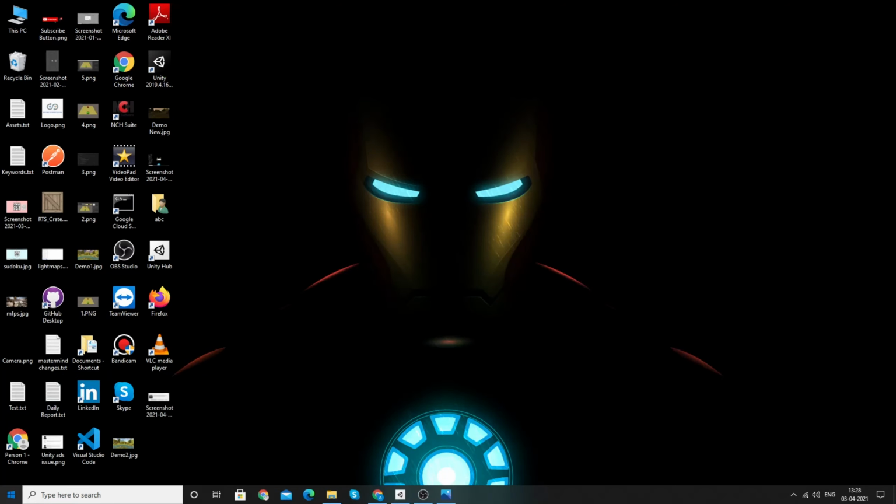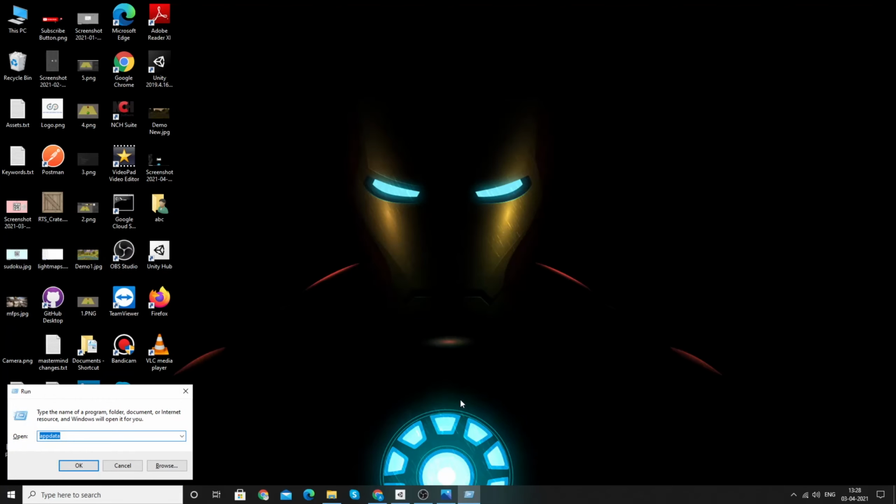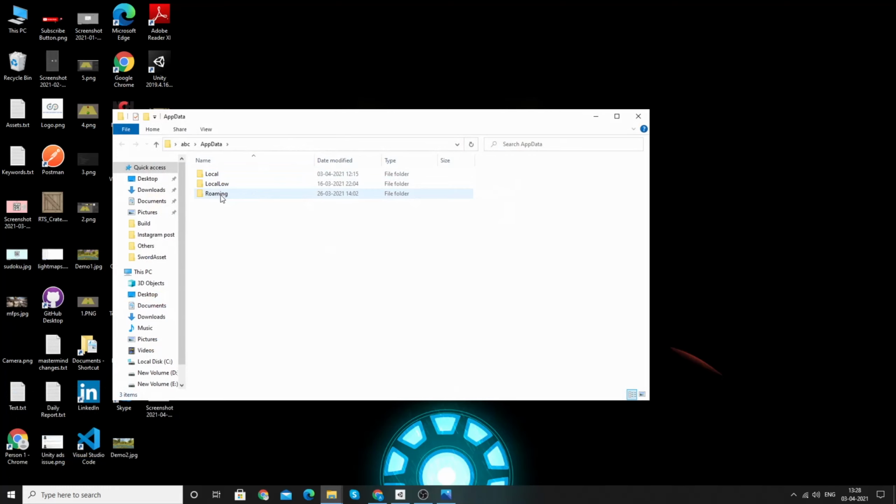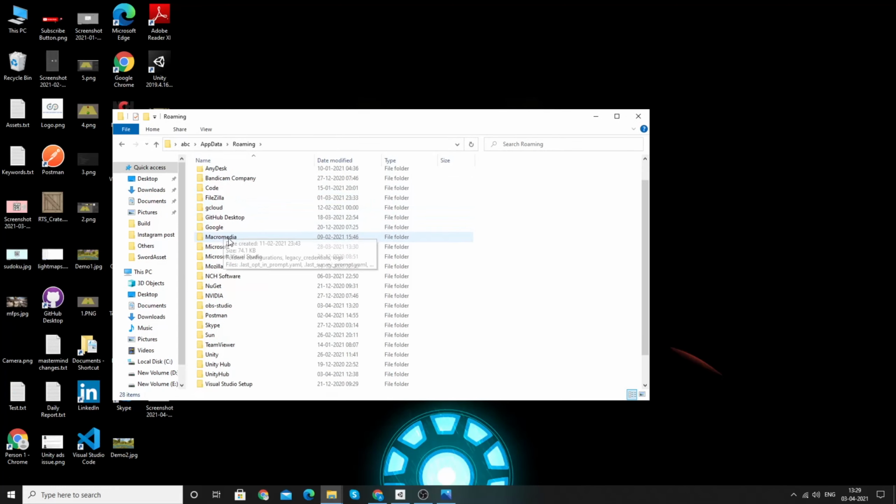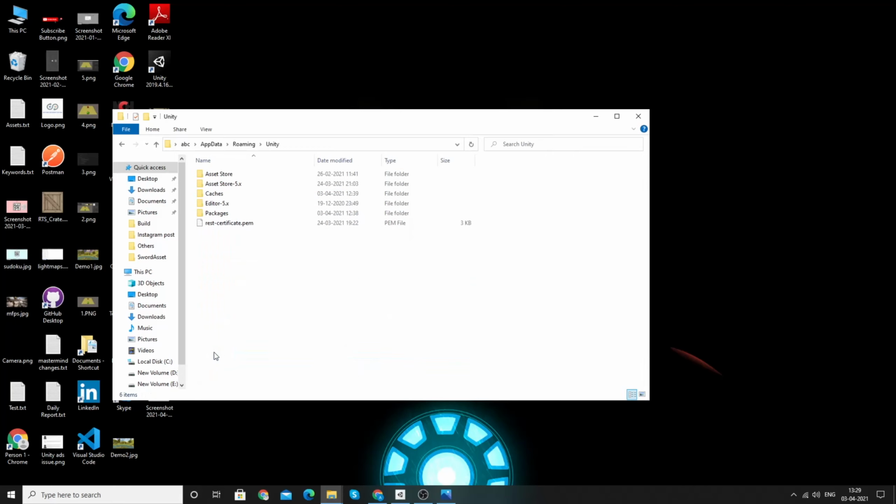First of all, open the Run dialog by pressing Windows R and search for AppData. Here you will see the Roaming folder. Go into this and search for the Unity folder. Here you will see the Unity folder. Go into this and there's a folder called